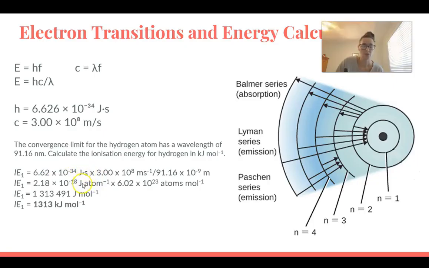So your answer will be in joules. But it is for one atom, or for one photon. In this case, I was talking about the hydrogen atom. So I can just multiply it by 6.02 times 10 to the 23rd, because that is how many atoms are